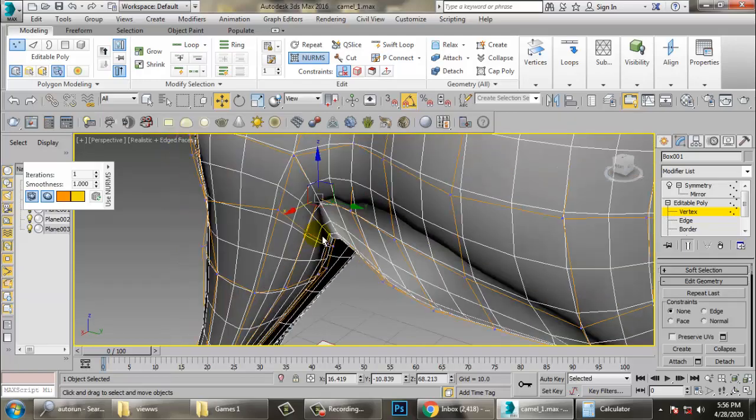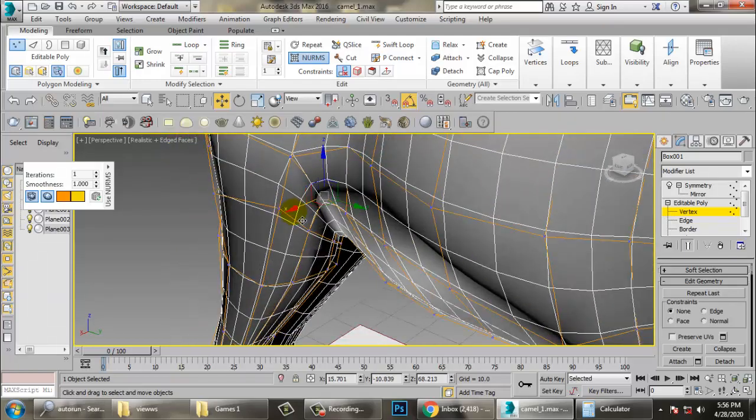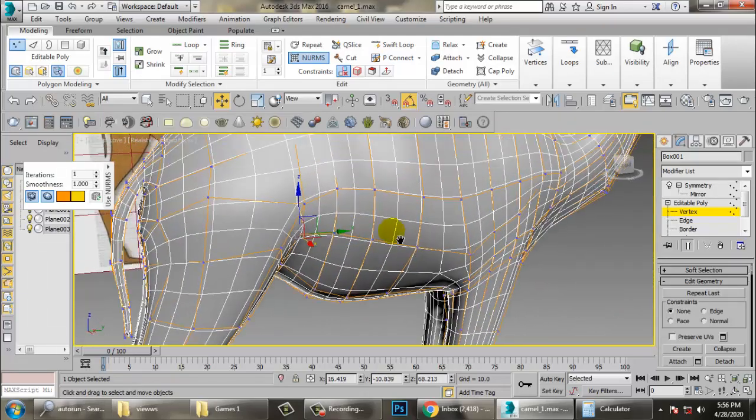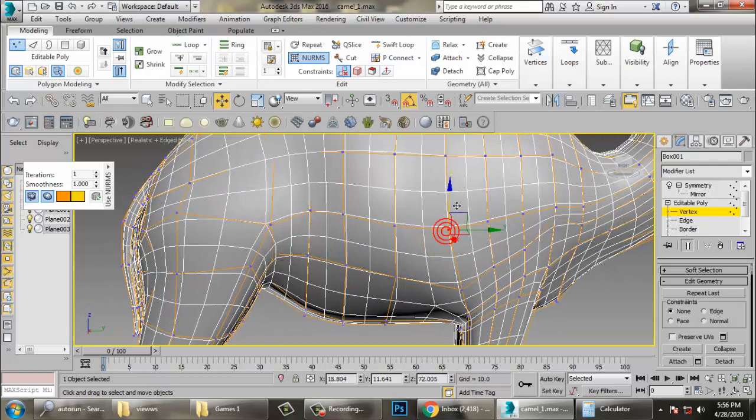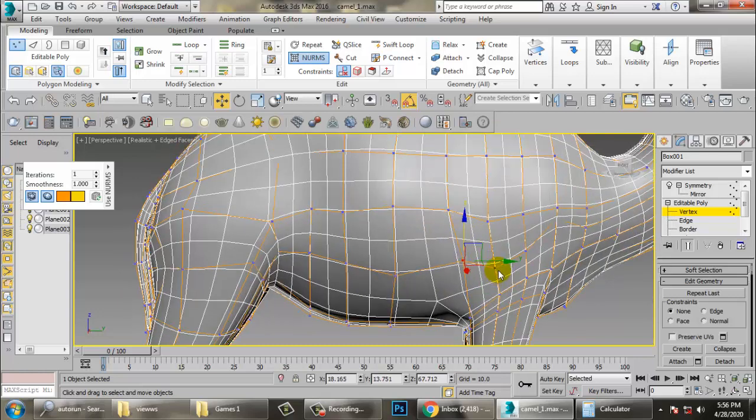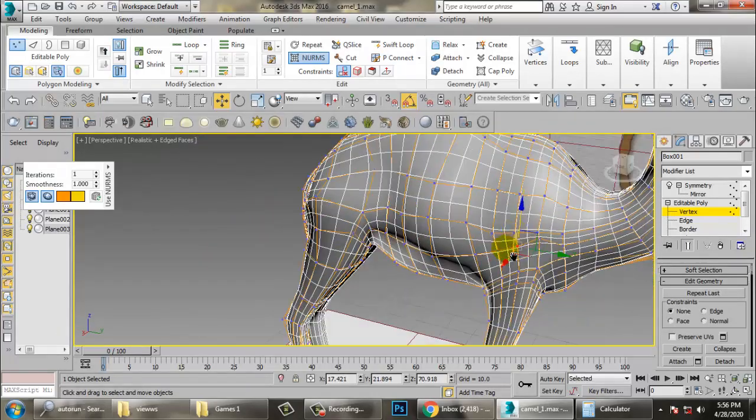So select this, push it inside, push this up. Alright.